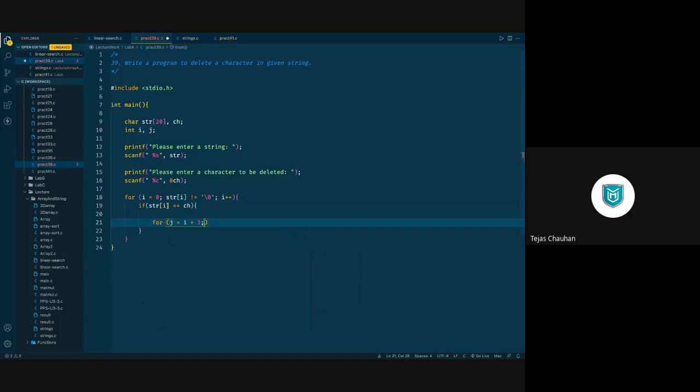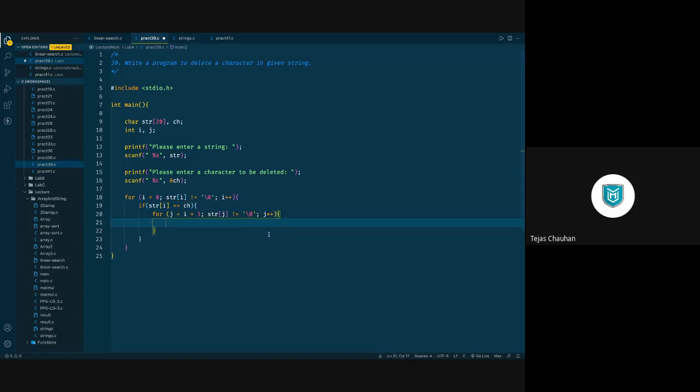As you all know, ith place पे आपको वो character मिला है, तो आप next place से start करोगे. कहाँ तक जाओगे? जब तक आपकी string खत्म नहीं हो जाती. So str of j not equals to null. जब तक आपकी string खत्म नहीं हो जाती, j++. Okay, so you are going to repeat that process.